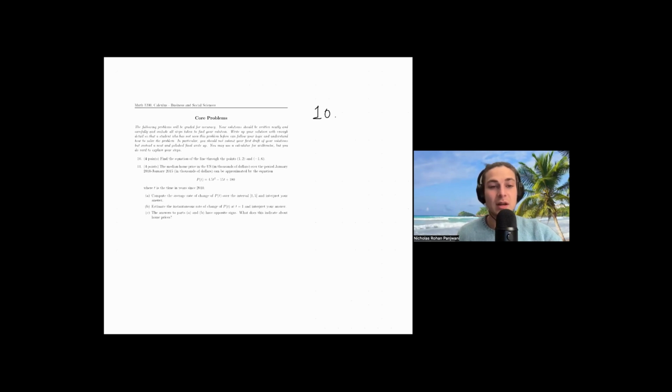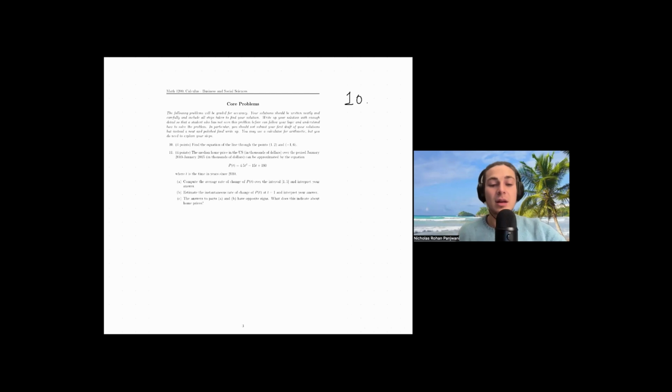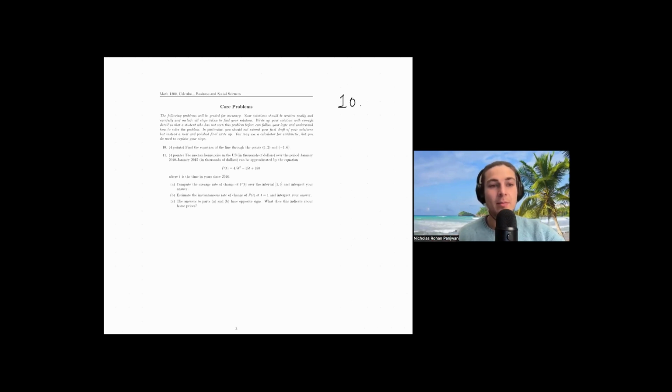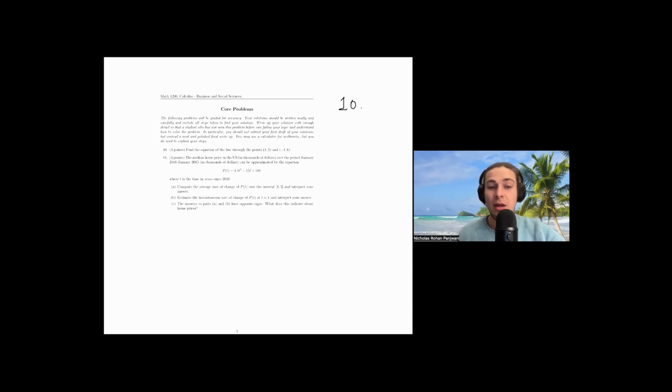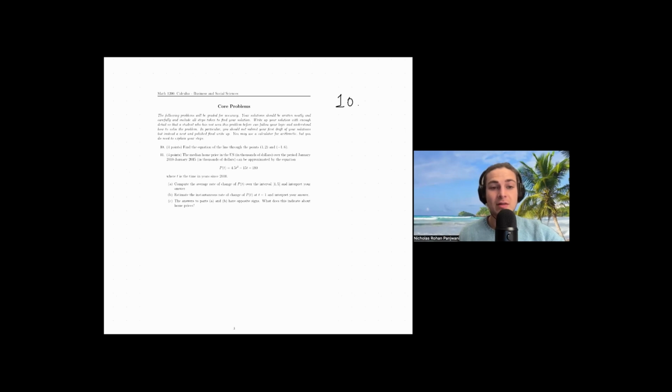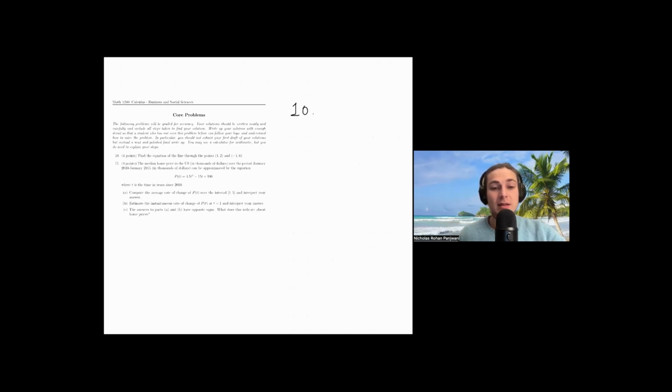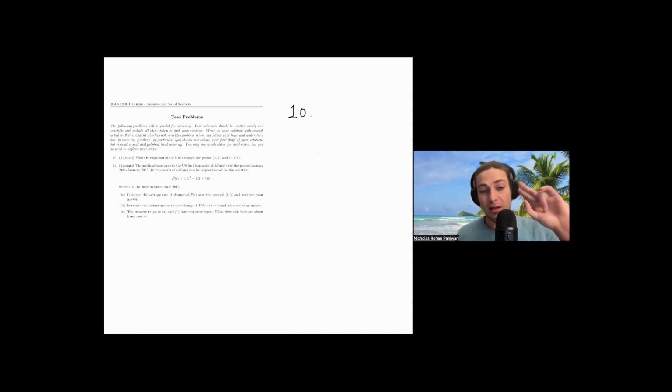So even if you're following along with this, I encourage you to try each step of the way and even struggle with it for a while, and use this as a way to check your understanding, check your process, and feel like you're being guided along the way a little bit more than you otherwise would with the typical teaching. Okay, find the equation of a line through the points 1, 2 and -1, 6. So this is now 2 points. I actually alluded to the fact in our supplementary problems that if you have 2 points, you can draw a line through them, and graphically that gets you what you're looking for. So you can do the same thing algebraically